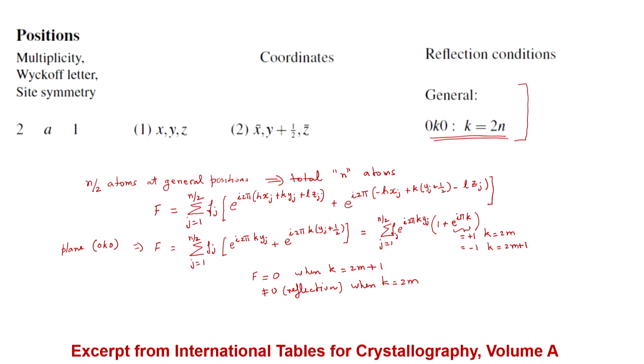Now, this was a fairly simple case, and one must also note here that there are no special positions here. Otherwise, when there are special positions present, then we have to test out the special positions also by putting atoms on the special position and then checking what kind of reflection conditions one gets from those as well.